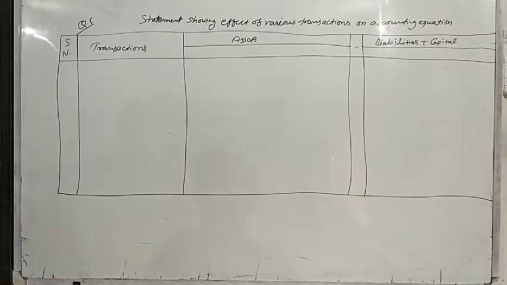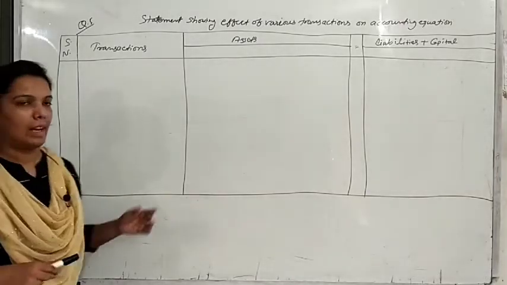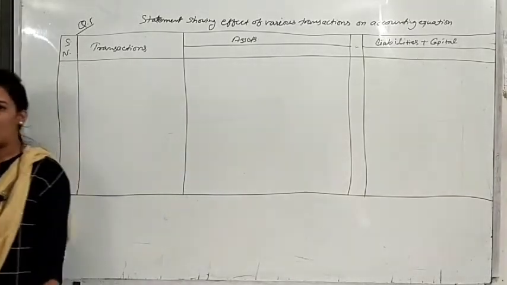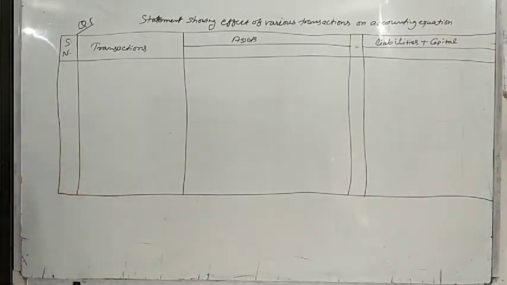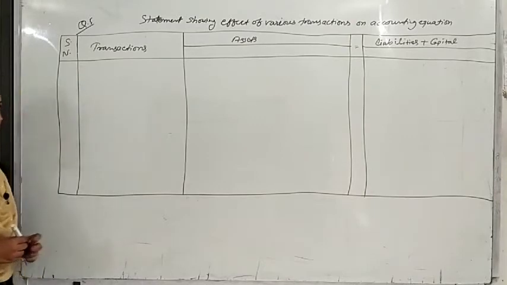Yes, so next question is question number 5. Mohit has the following transactions, prepare accounting equations. In this question also, you have some transactions, and in the same way we have to prepare the accounting equation for these transactions. As I have prepared a format, let's start with the transactions, and see which columns on the asset side we have to prepare.